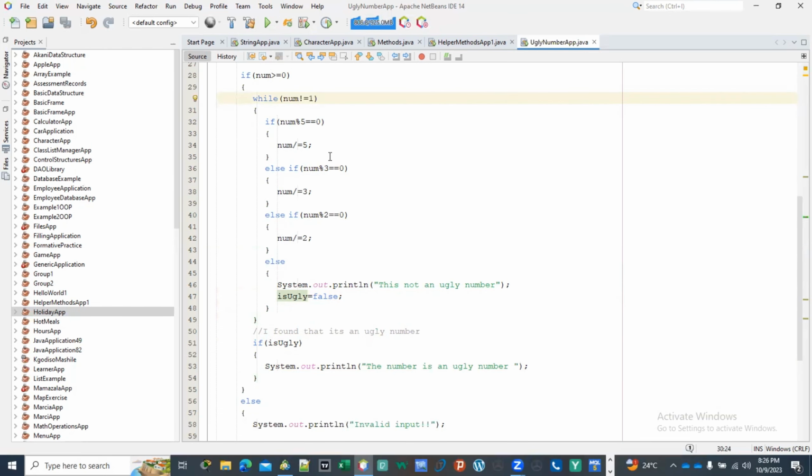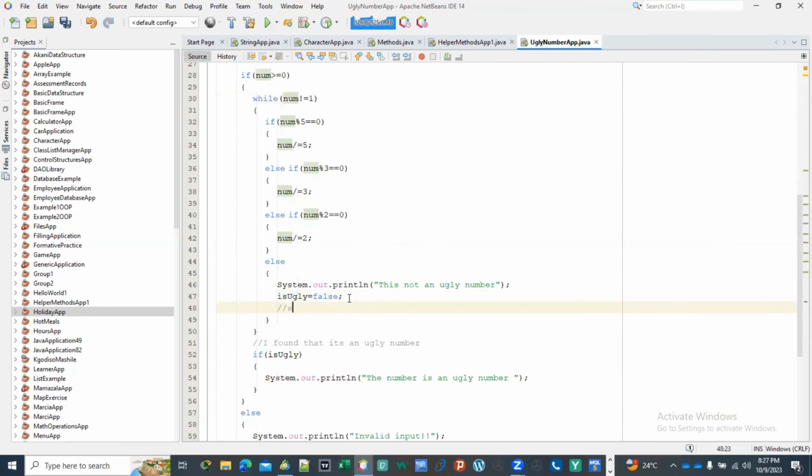So let's say we have a number which is a 13. Is it divisible by a 5? No. Is it divisible by this? No, it's not divisible by that. Then we're going to get that 13, and we're going to say that it's not an ugly number. But is 13 equal to 1? No. This is where we're going to get an infinite loop. So in order for us to stop the infinite loop,